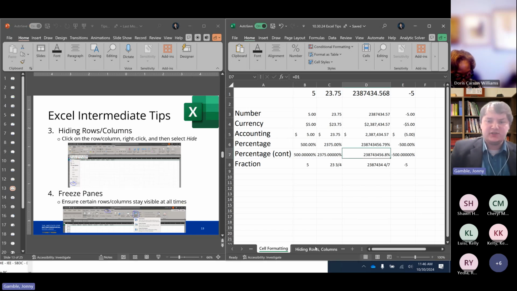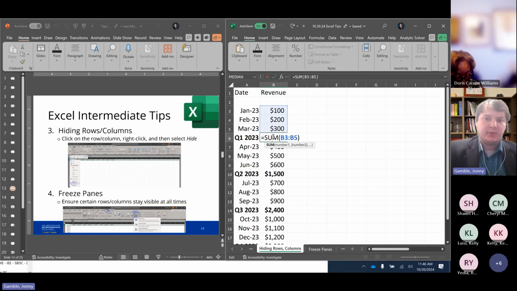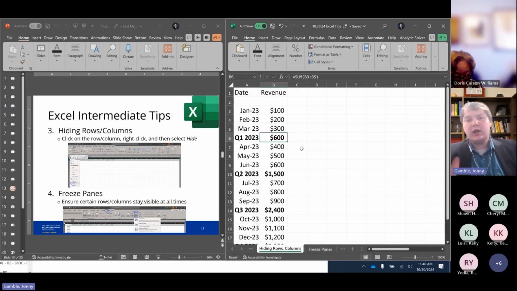The next intermediate tip is to hide columns or rows. So here's a sheet where I have revenue broken down on a monthly basis and then a quarterly basis as well. I have a formula here where the quarterly basis is just adding up how much it happened in the prior months. So quarter one is adding up January, February, March, so on and so forth. Now, what I want to do is display this data just to show those quarters